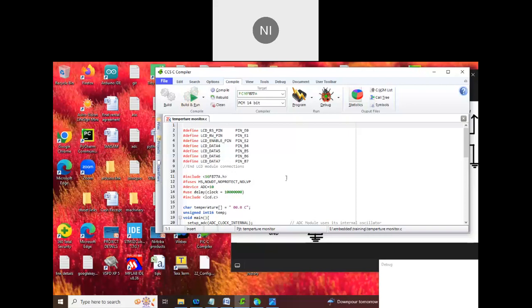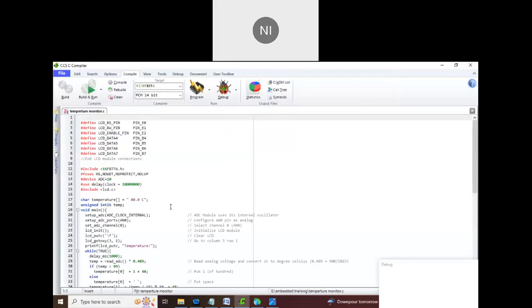Next I am declaring the array. The character array temperature: I am declaring the value in double quotes. The first digit will be blank. After that the second digit will be 0, the third digit will be 0, after that a decimal point, and after the 0, a blank. Say this LM35 sensor